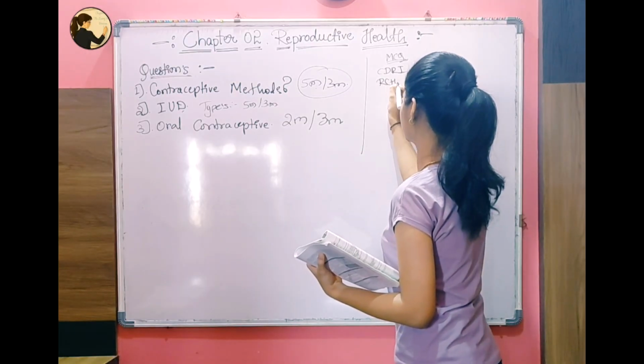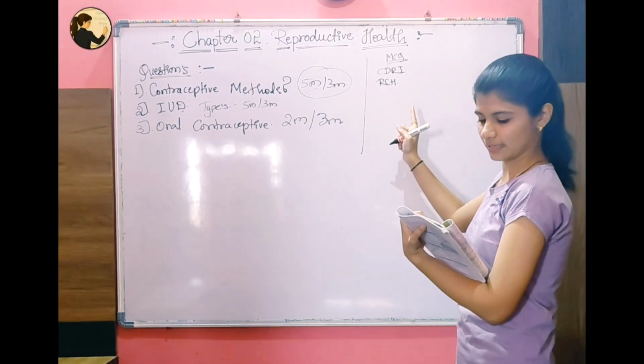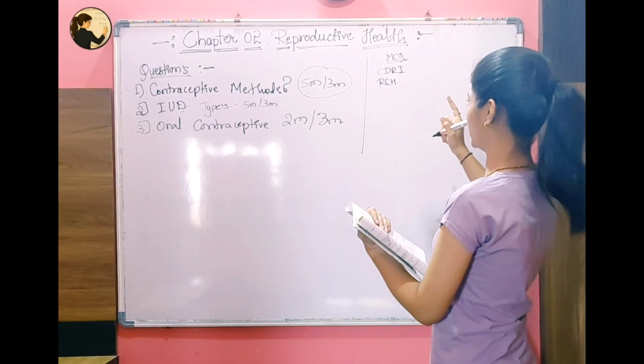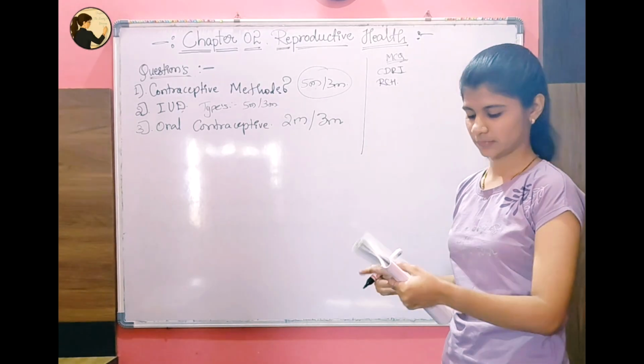Now what are RCH and CDRI? RCH is Reproductive and Child Health, and